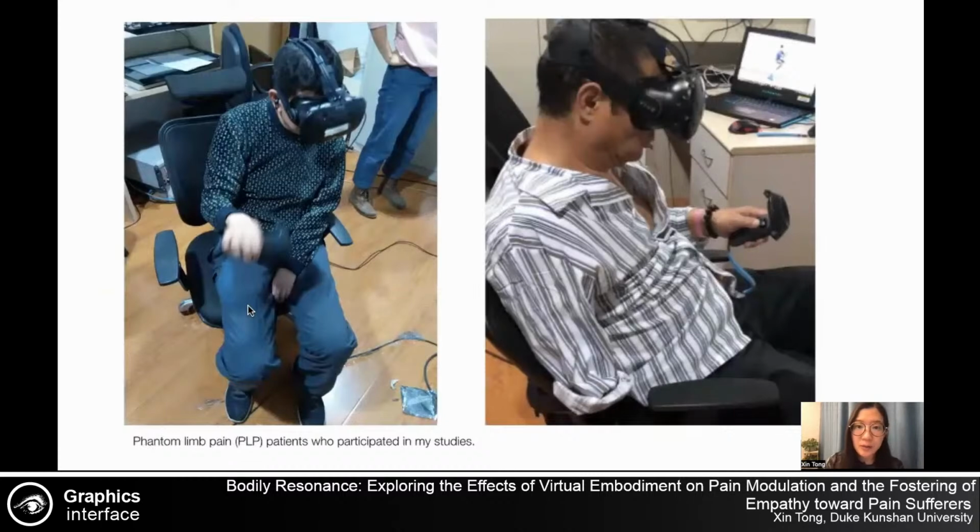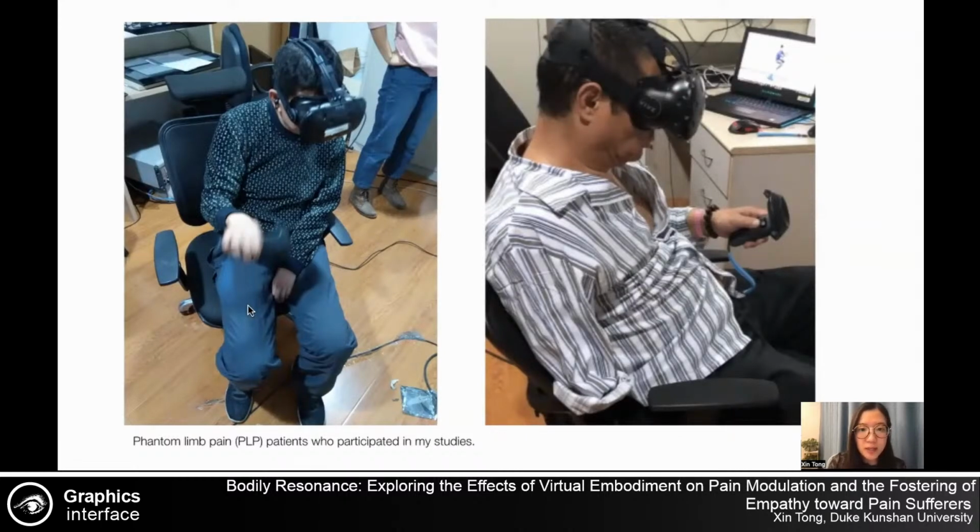What does living with chronic pain feel like? Perhaps most of us don't belong to the 20% chronic pain population. So let me introduce the situations of some of my participants. The patient on the left suffered from phantom limb pain for over 20 years. Almost every 10 to 30 minutes, he experiences bursts of pain that feel as if his brain exploded. He quit his job and also developed depression and anxiety symptoms. Now, he rarely meets anyone besides his caregiver and lives an isolated life.